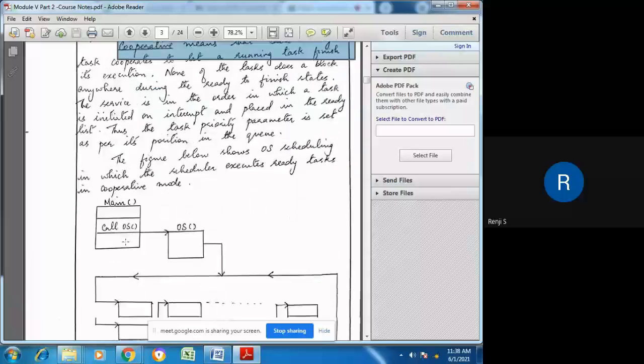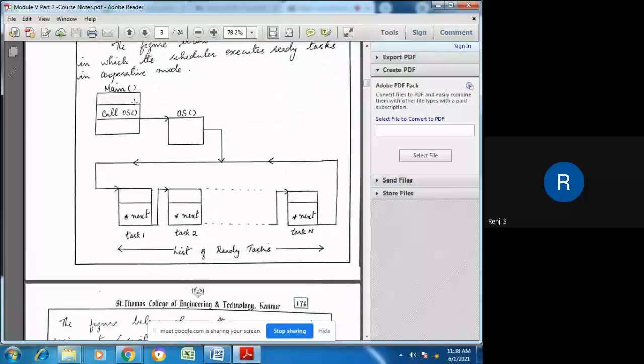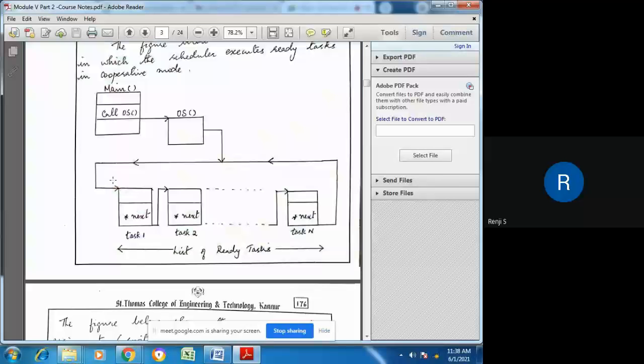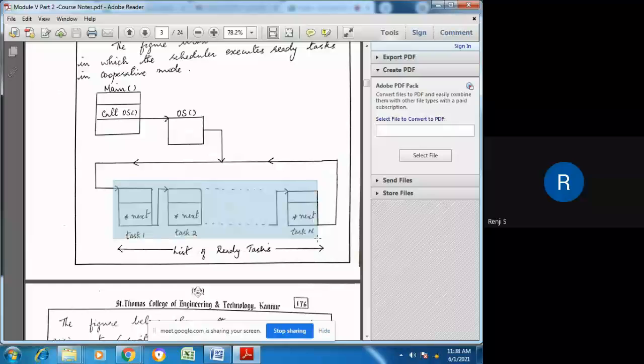So in this model, when a request goes to the RTOS, the RTOS will create a list of ready tasks. The one that has been put into the list first will have the first priority, and the one placed into the list second will have second priority, and so on. Thus the priority of the task depends on its position in the queue.